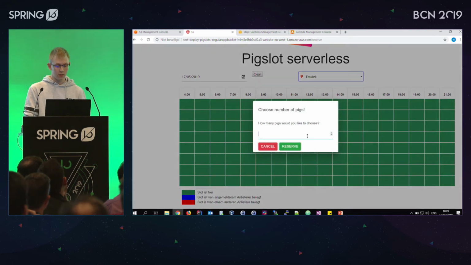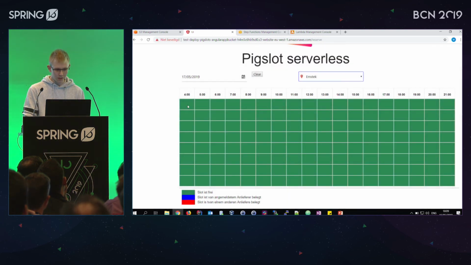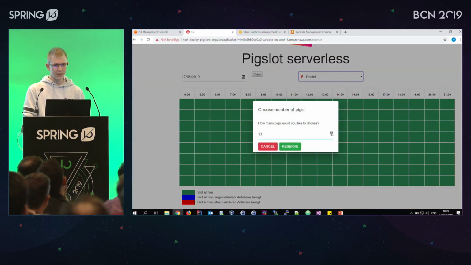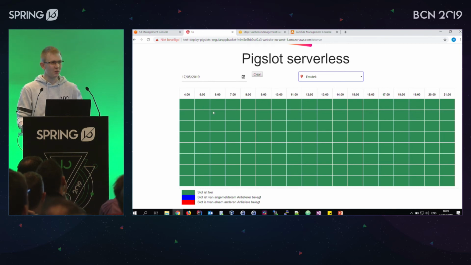If we click, and, right, I actually need to use the buttons: validation, and reserve, and then we should receive a message here, hopefully, I assume. Demos, they never go right.